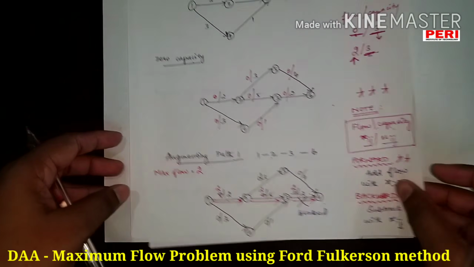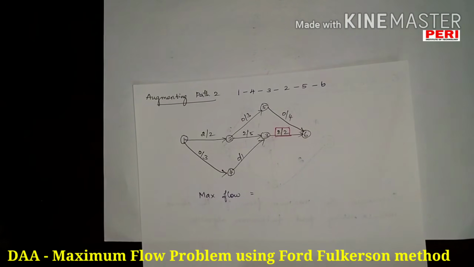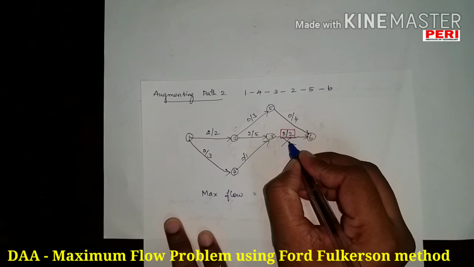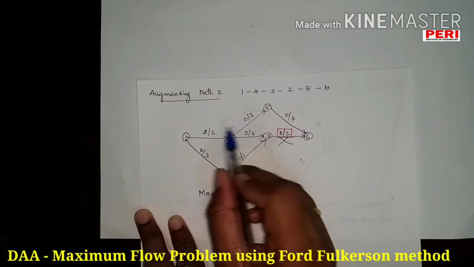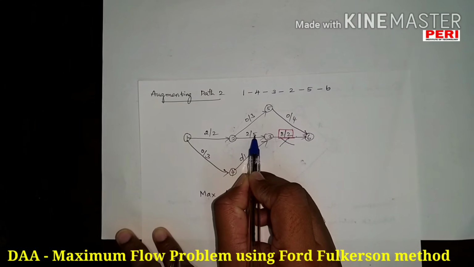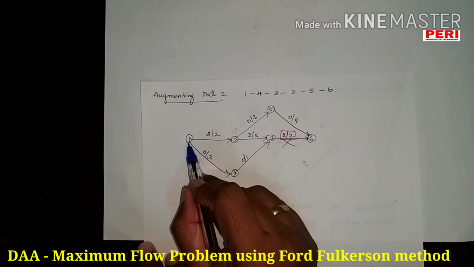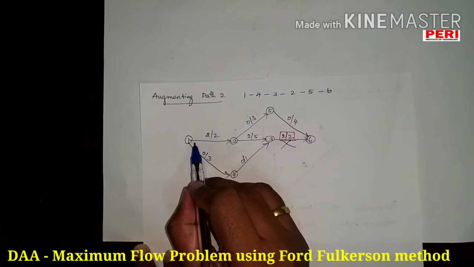Okay. Now we are supposed to find the next path that is available. Now this 2 by 2 is blocked, so this path is not available. Now I have taken this graph from the previous step. According to the previous step, it is 2 by 2 and it is 2 by 5 actually. Therefore I have taken it directly. Now the next step is we have to start from the source and we have to reach the destination at any cost.